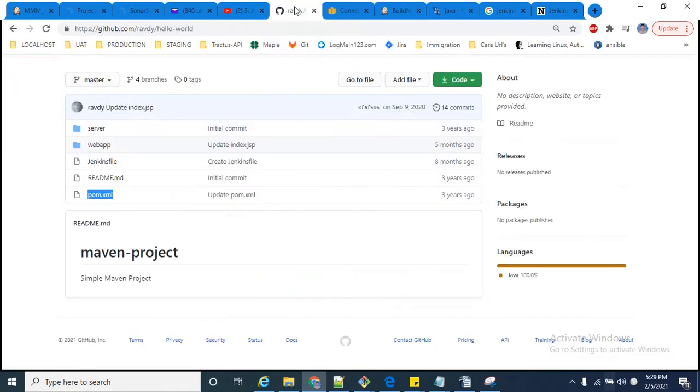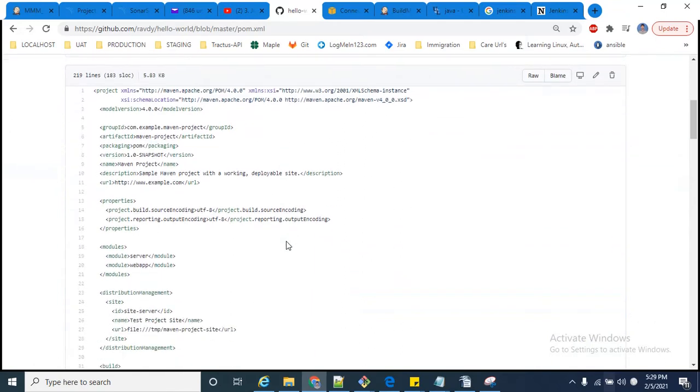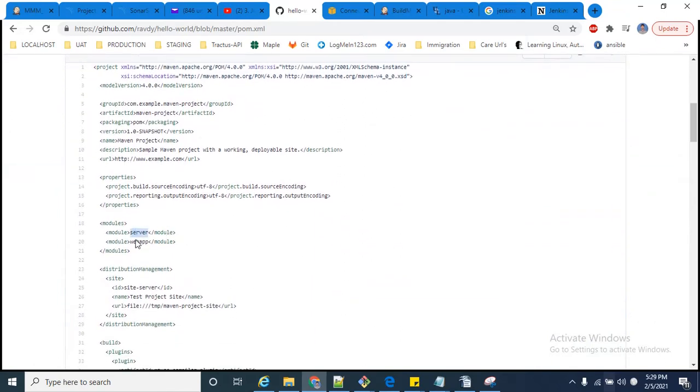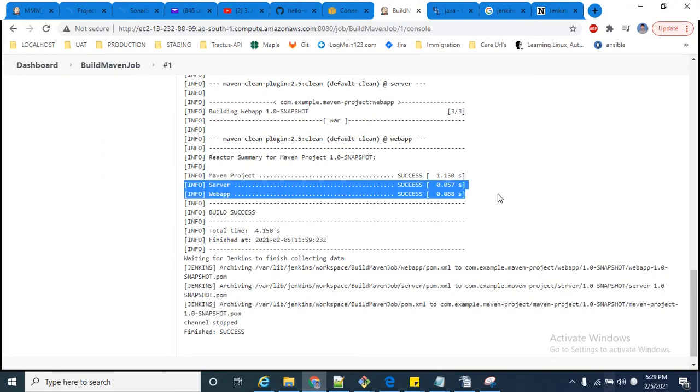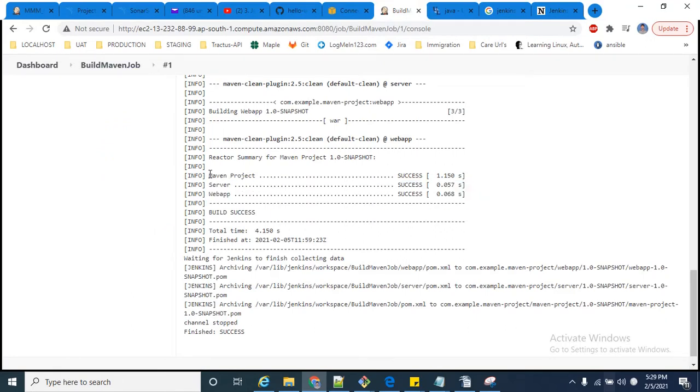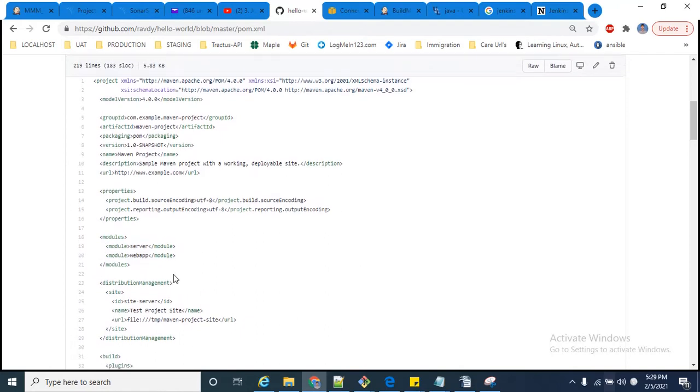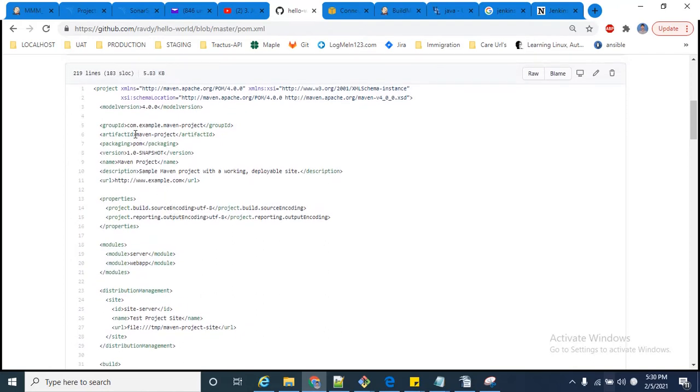These are the properties in the pom.xml modules. These are basically the modules you can see. These modules also built successfully, the server and others. And let me show you another thing: here you can see the artifact ID.